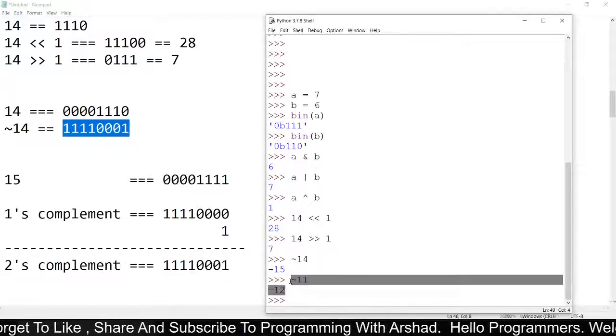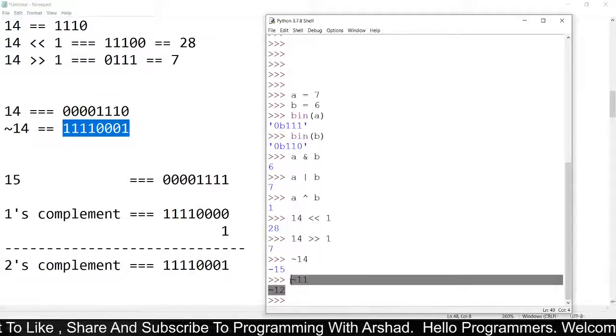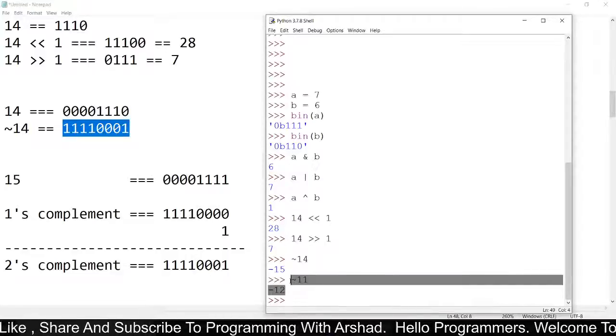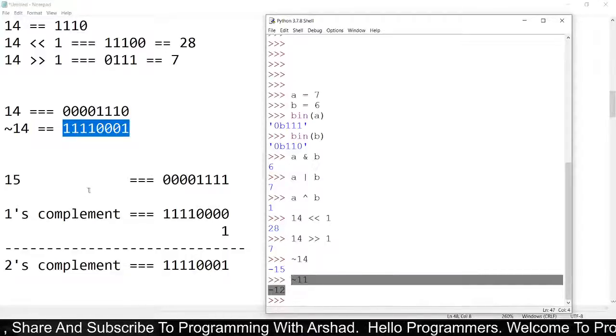In this case I got minus 12, which means the 2's complement of 12 will be equal to the 1's complement of 11.